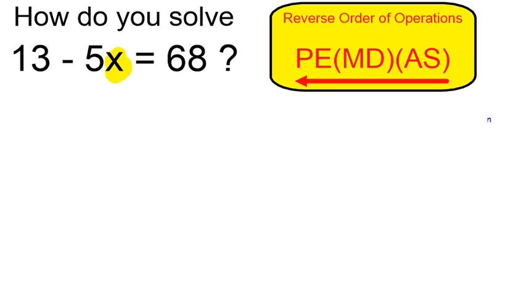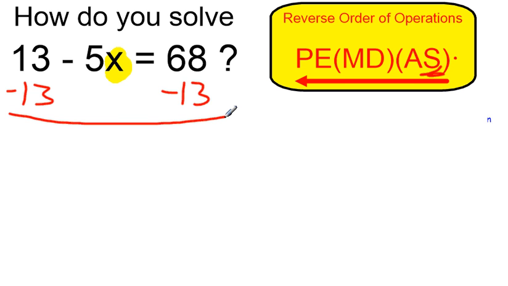Now, in something like this, it's not quite as intuitive because we're doing 13 minus 5x. So it seems like we're doing a subtraction. We're subtracting the 5x. But really, what we're talking about here is getting rid of the 13. Okay, so I'm going to use subtraction before I use the addition, but it might not be the one that you're immediately thinking of. And that way, when I get rid of the 13 here, I'm going to have the x by itself with just